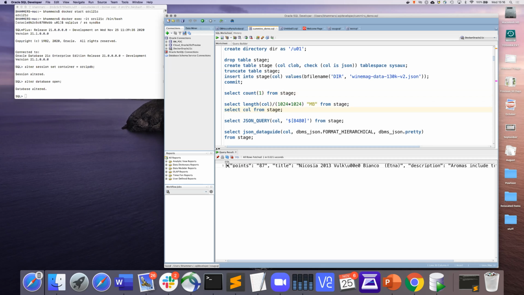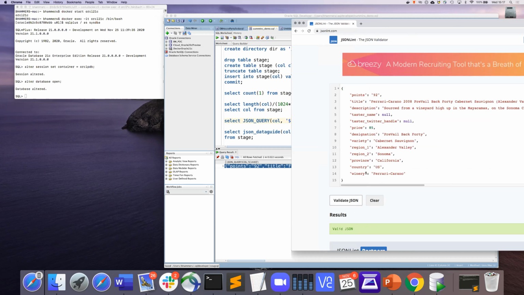So I could select it. And I see the first character here is a square bracket. So this looks like an array, like the collection or list of objects. And then I see that there are key value pairs inside. So it's a list of objects, but how would I know all the possible field names that exist in this record? Well, I could just select a random one using JSON query. That's one of these SQL JSON operators. I provided the input and say, well, select me one random object from this array. I get it back, but even if I look at this one, it's not very big. Let's just copy it and print it here.